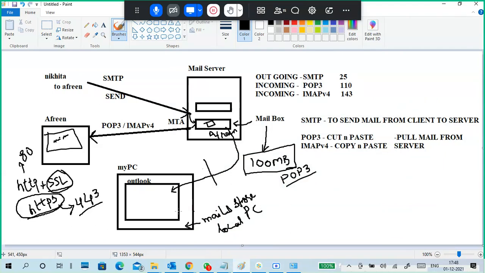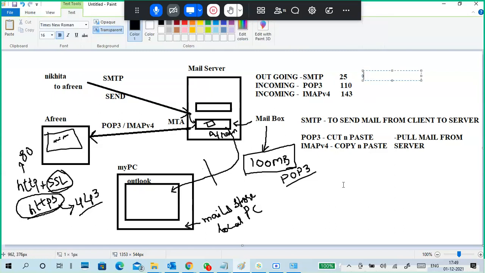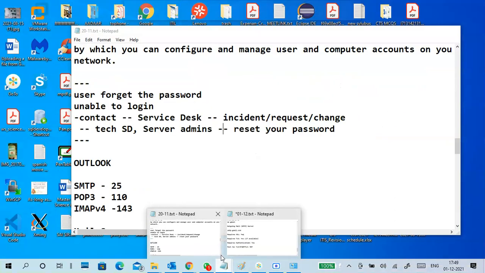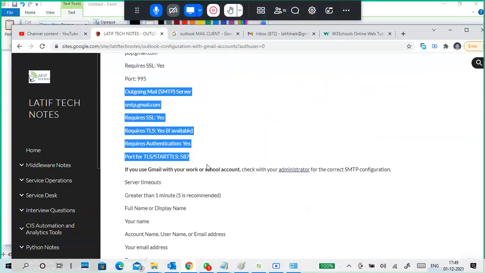Okay, guys, so that is HTTP and HTTPS. The same goes for these protocols also. So POP3 over SSL, IMAP over SSL, SMTP over SSL or TLS, the port numbers will change like this. One second, I have to verify, because this always causes confusion.